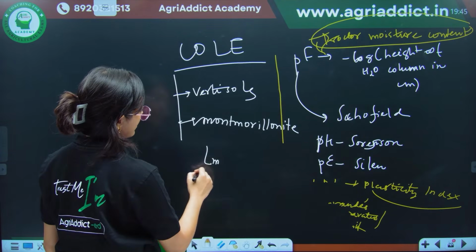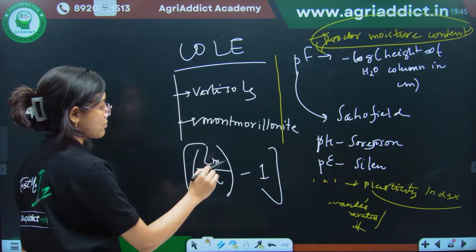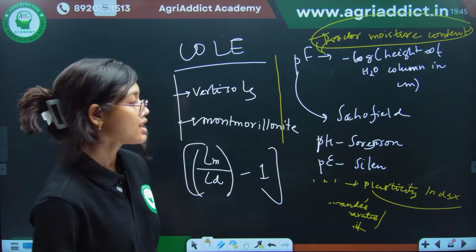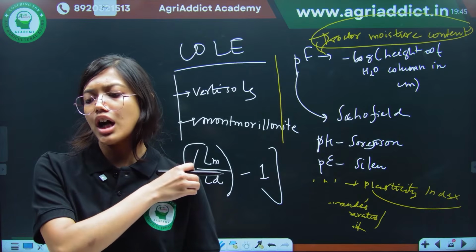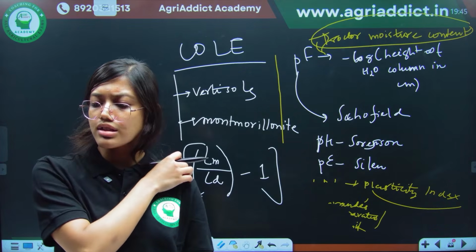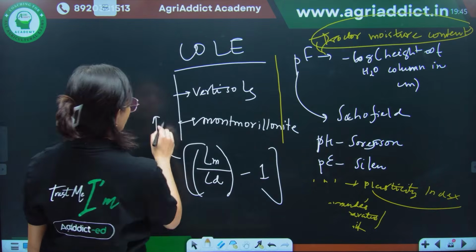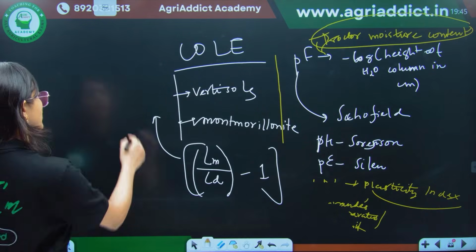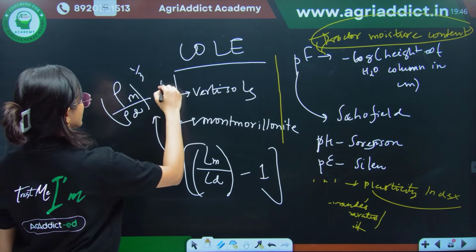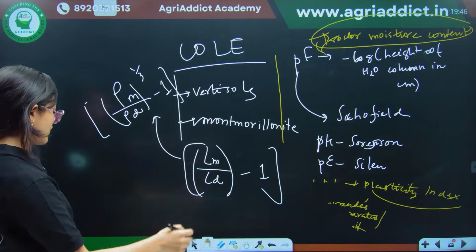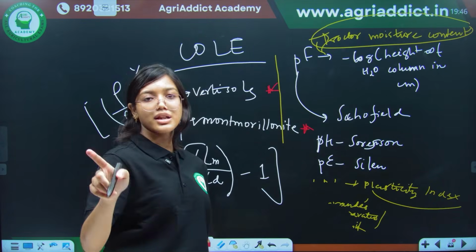So, it is actually moist by dry minus 1: length of moist soil by length of dry soil minus 1. Similarly, upper plastic limit, liquid limit, and lower plastic limit, it is not a shrinkage limit, but you can just call it plastic limit or lower plastic limit. Now, this is length of moist soil divided by length of dry soil minus 1, or you can write it in terms of bulk density also, to the power 1 by 3 minus 1, anything you want. So, this is the coefficient of linear extensibility, and the values for vertisols and Montmorillonite, please do remember.